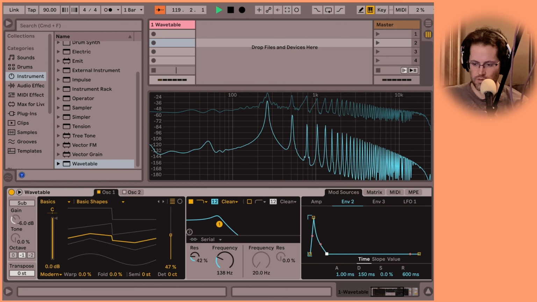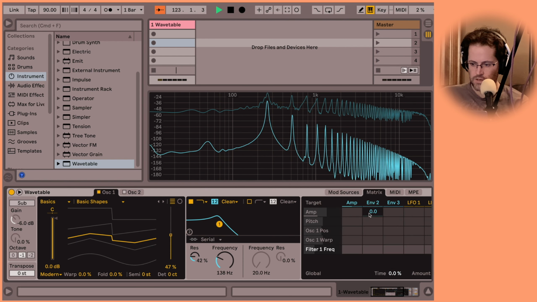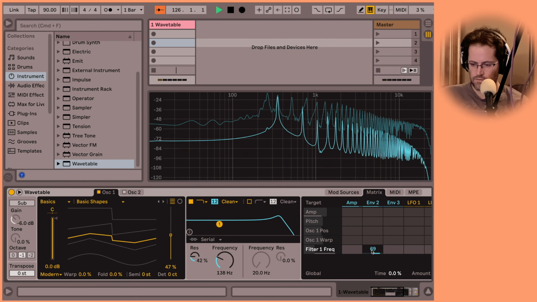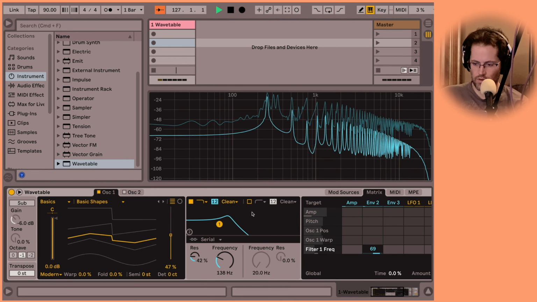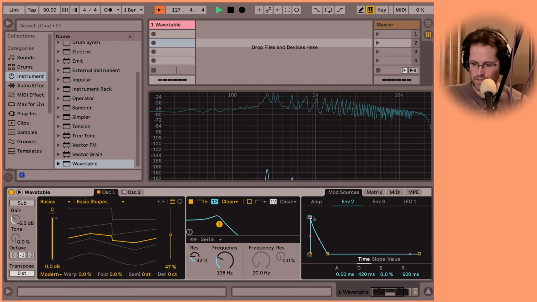So we're going to take this Envelope 2, which is not going to do anything, but I know I want it to start and then swoop all the way down. And then you go into the matrix. By the way, have you guys escaped the matrix yet? Go to Envelope 2 and add that to the filter and play some notes. See how it's moving like that? The envelope is doing that. It's saying start it all the way open, like here, and then swoop it down over this. What is this? It's this delay. Oh, 420.